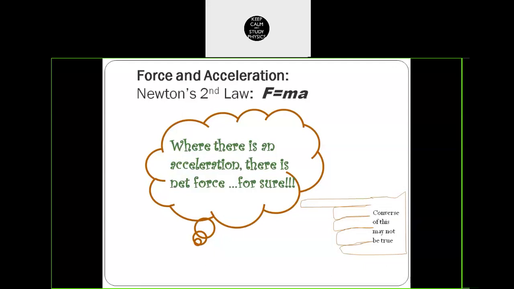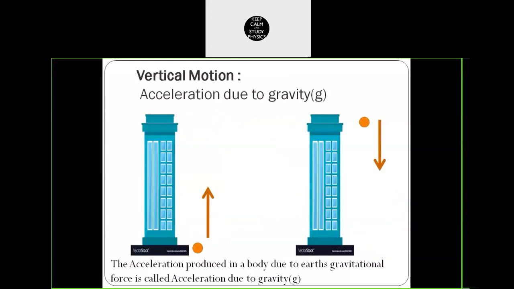Okay. But the converse, if there is an acceleration, there must be some force which is creating this acceleration. Yes or no? Okay, this is what Newton's second law says. This is the actual meaning of Newton's second law, right? You might have studied this in your eighth class, but that is not sufficient age to understand that. So that is why I'm explaining it once again. Okay, we'll be moving further.